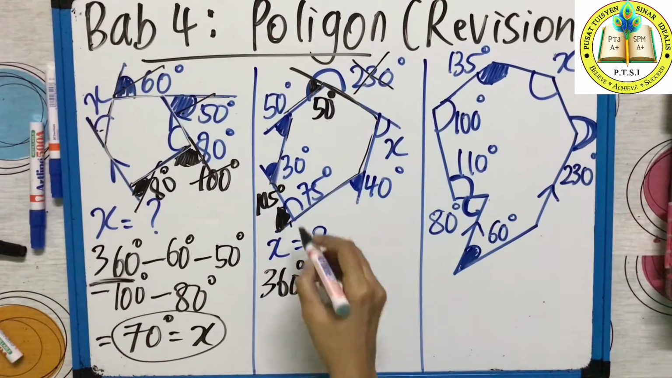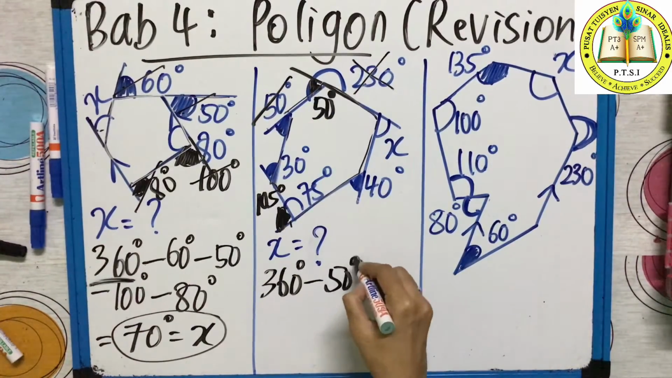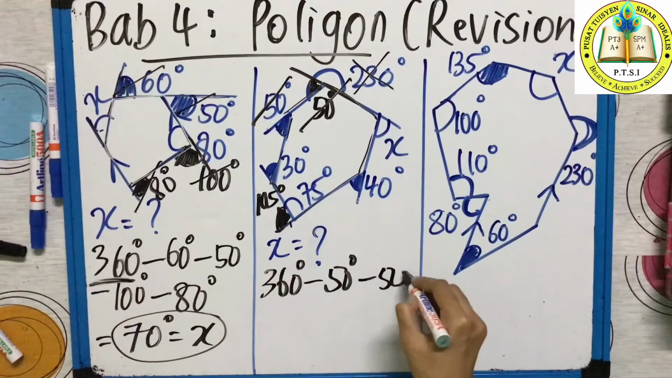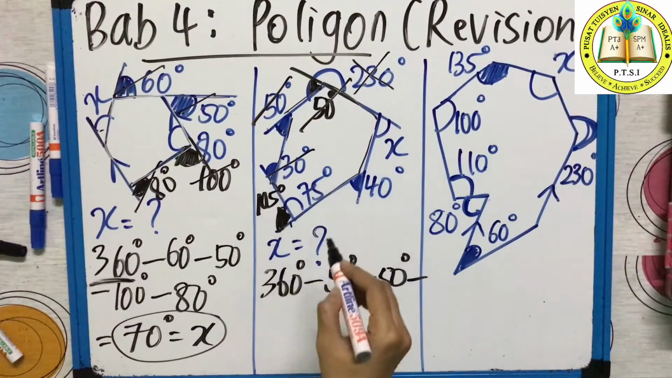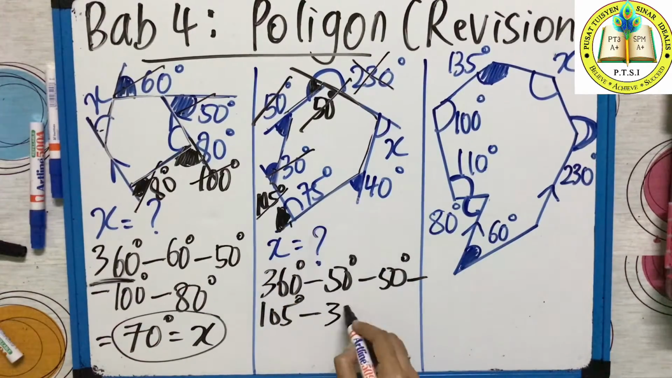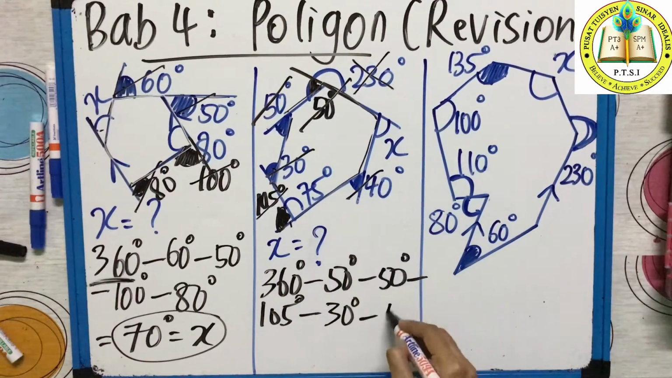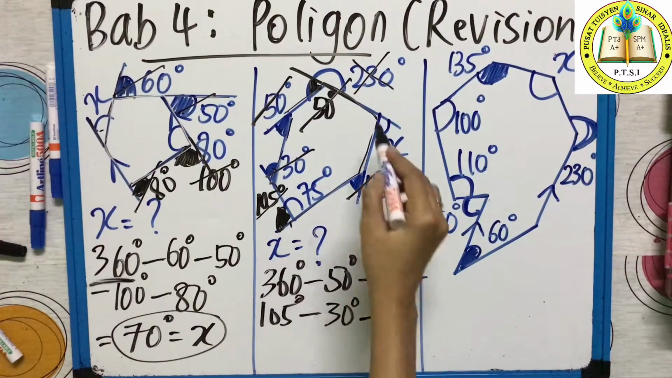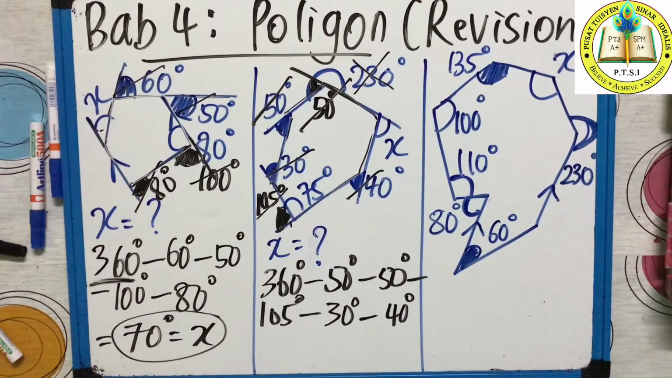So 360 minus 50 degrees minus 50 degrees minus how much? This one 105 degrees minus 30 degrees minus 40 degrees. So all the outside ones, you already add. So you check in your calculator. 360 minus 50 minus 50 minus 105 minus 30 and lastly minus 40. You get the answer for X value